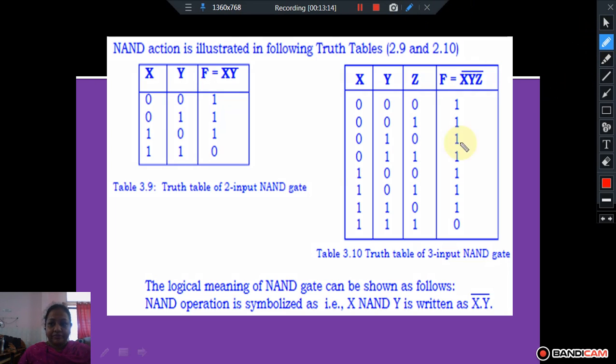In the logic symbol, it will be like this: one bubble we have to put.